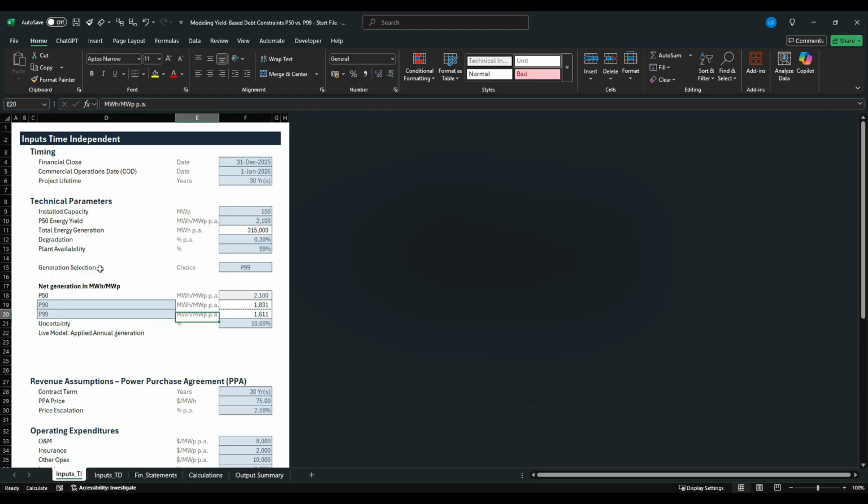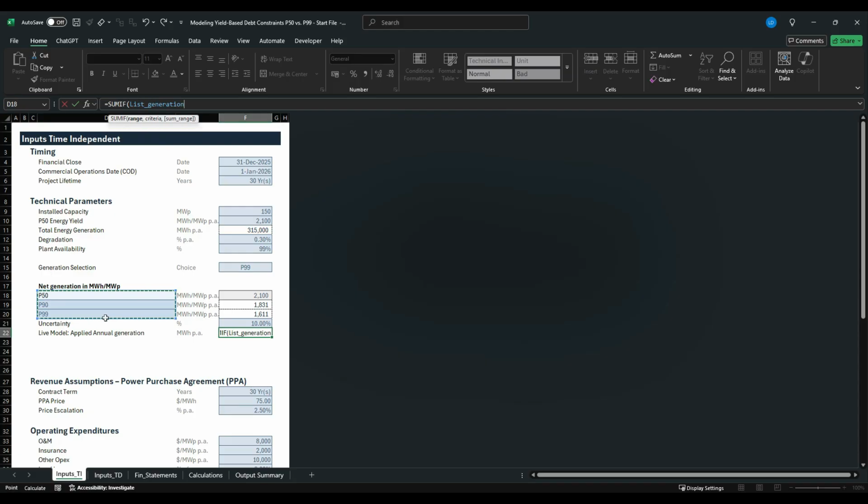That will be given just like this one in megawatt hours per annum. Copy this unit, paste it here. And this will be the output, which we will then link into our calculation sheet and model logic. So to select our live case based on a generation selection up here, we will use a SUMIF function. Write SUMIF. We will select our list generation first. So this is our range from which we want to select,